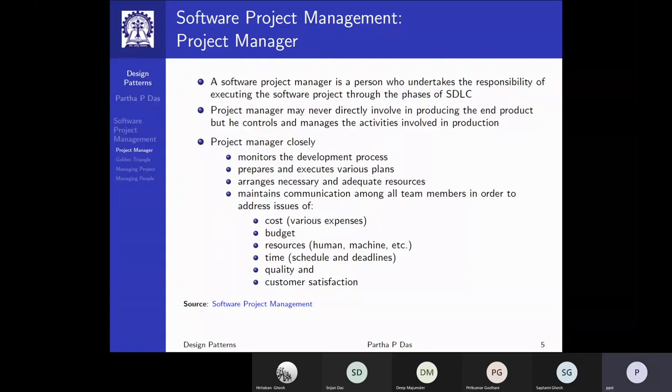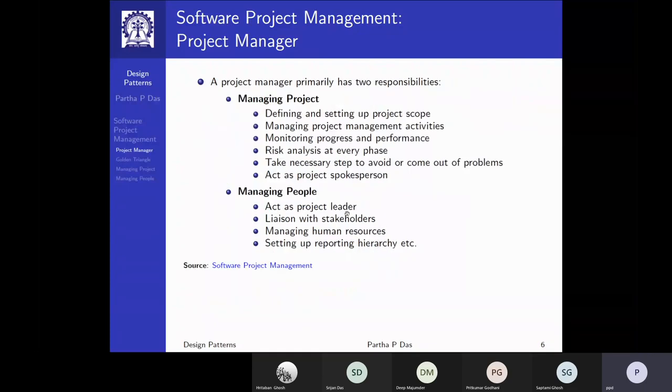He or she is responsible for arranging necessary and adequate resources, so may have to talk to the higher authorities, his or her manager, and so on. Maintain communication with the team members so that all these basic parameters of the project, the cost, resource, time, quality, everything is under control.